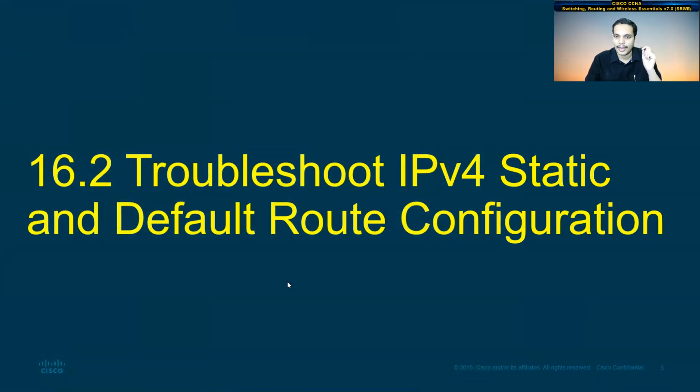How do you troubleshoot an IPv4 static and default route configuration? So let me make myself very clear here. When you want to do troubleshooting, there is no one particular step-by-step procedure or a fixed procedure that you need to take up. You have to use your brain, you have to use your common sense. The first and foremost thing in troubleshooting is to identify the problem, where the problem lies. That itself is a very big thing. And once you know what the problem is, then you have to formulate your own steps, maybe use shortcuts of your own,